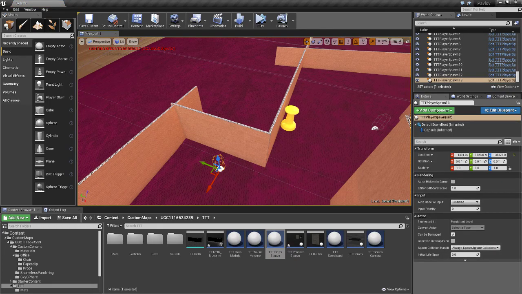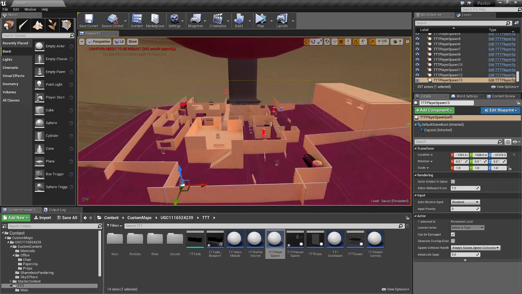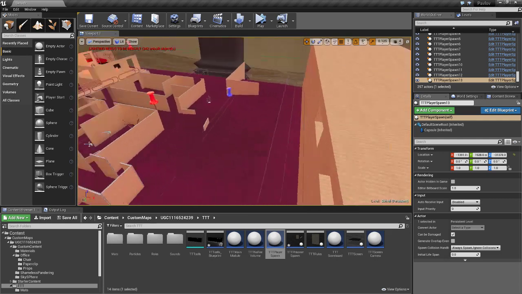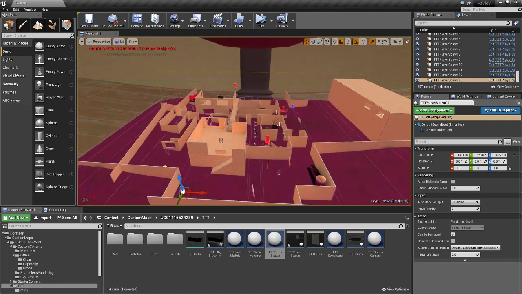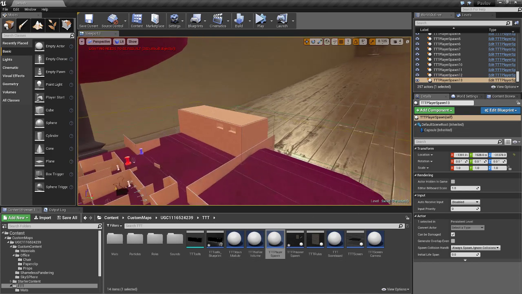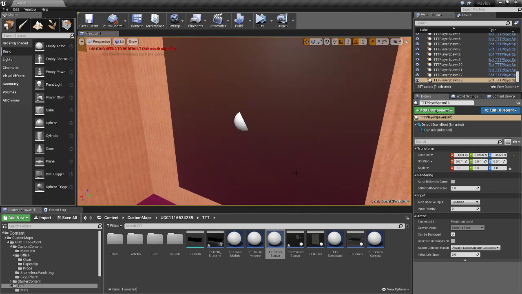So after you have those spread out, that's pretty much all you need to do as far as the TTT side of the required components that make the game actually function. But there's a couple other things you probably want to add that make it a little more pleasant, and that would be the camera, which I made a blueprint for. So as you can see, there's already a screen in here. If you build it yourself, the screen's right here. You can also use this to